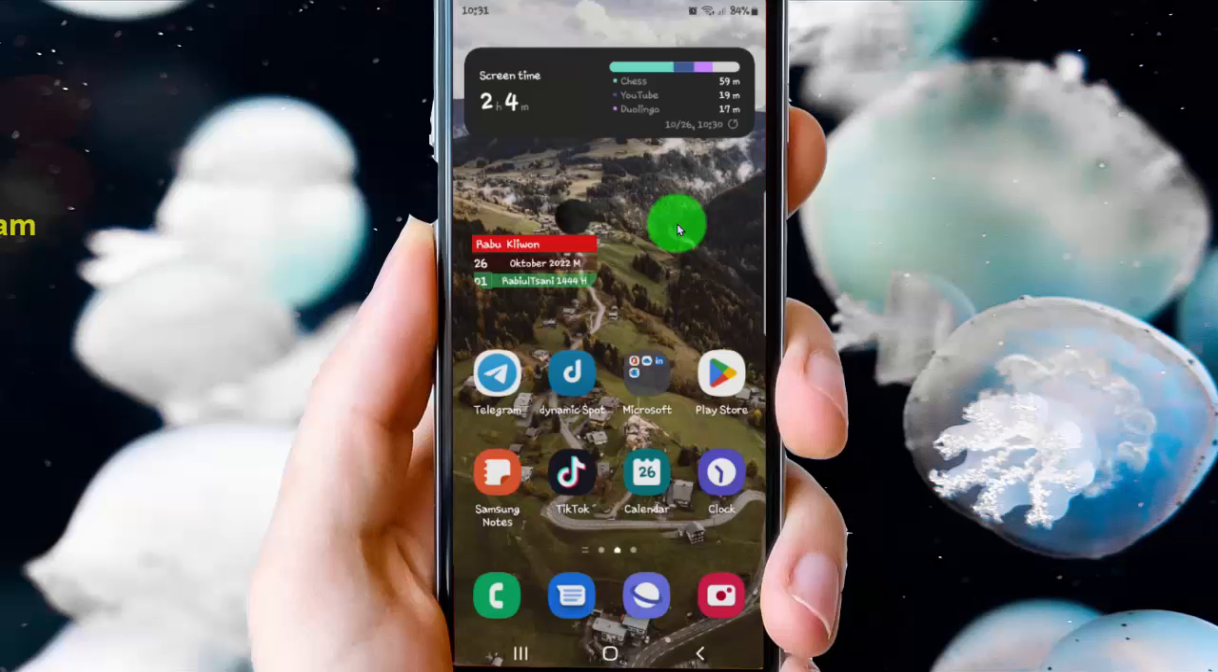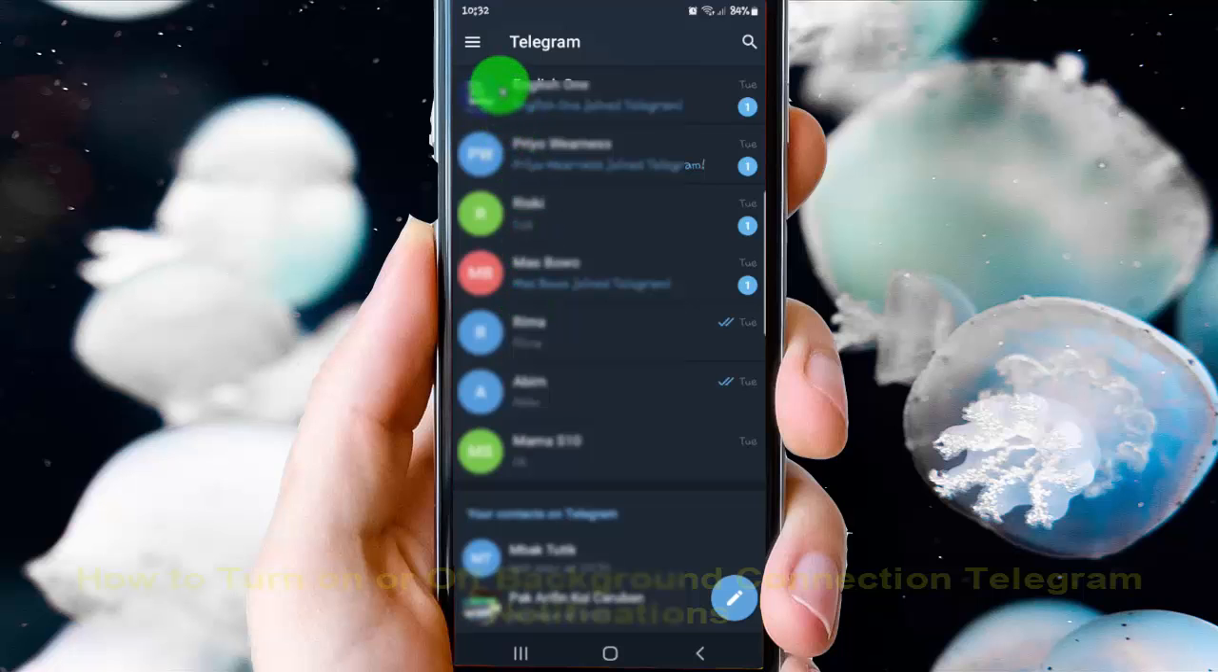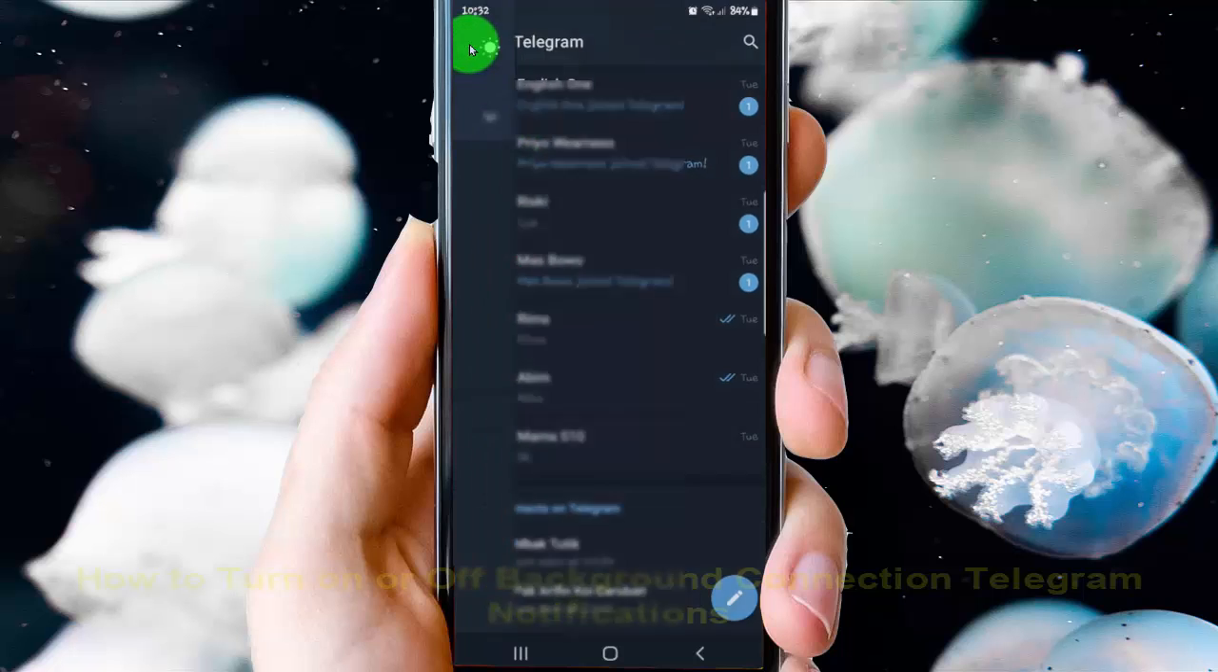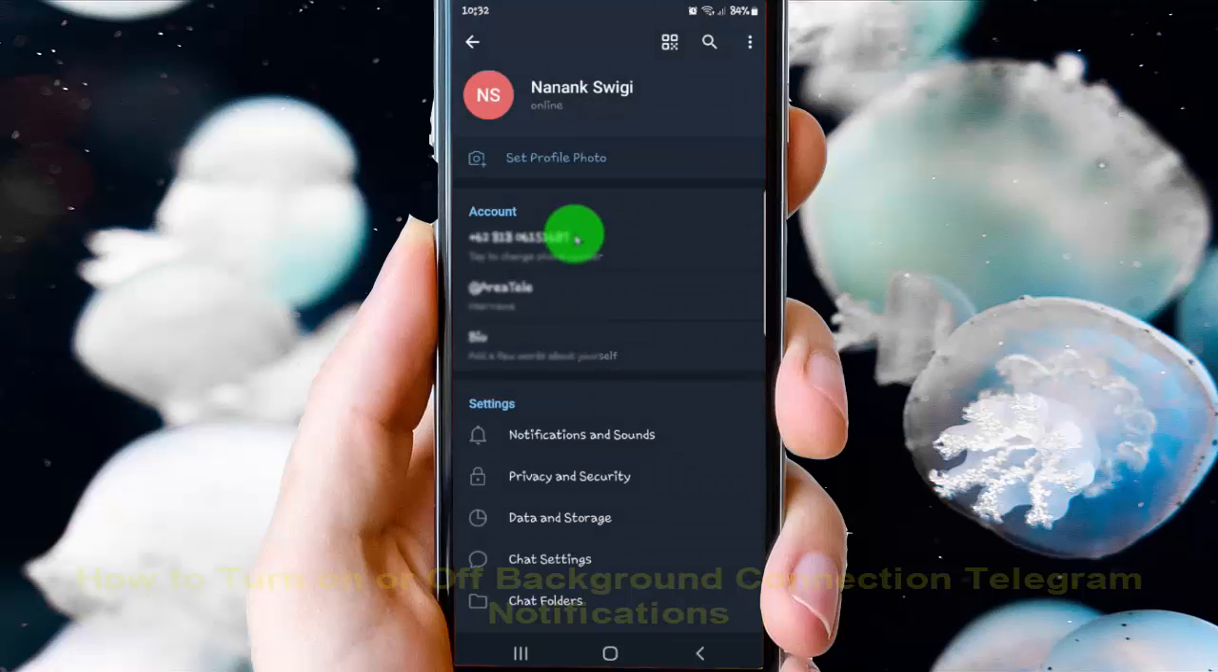To turn on or turn off background connection Telegram notifications in Android phone, open Telegram settings, tap Telegram to open, and then tap more icon or three line icon, select settings, and then tap notifications and sound,